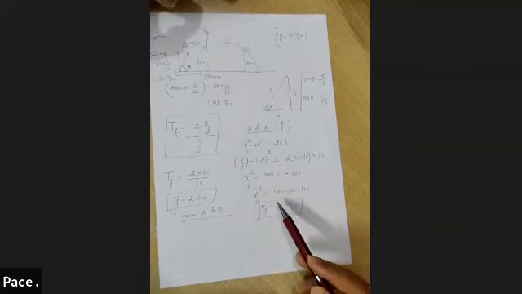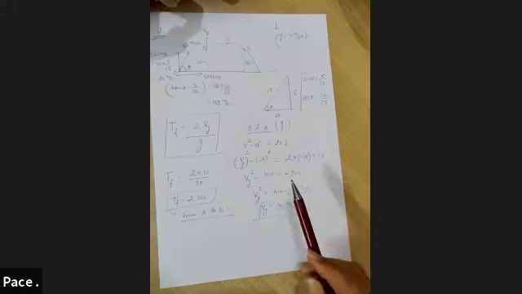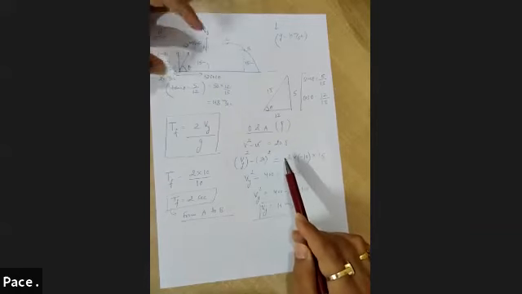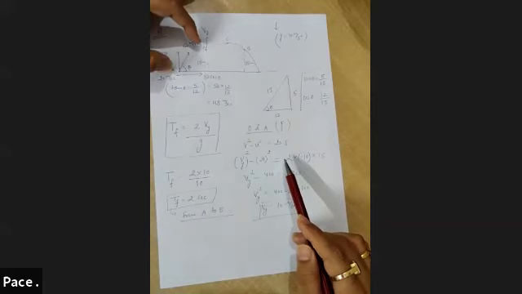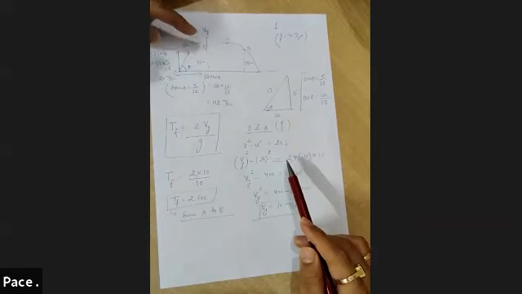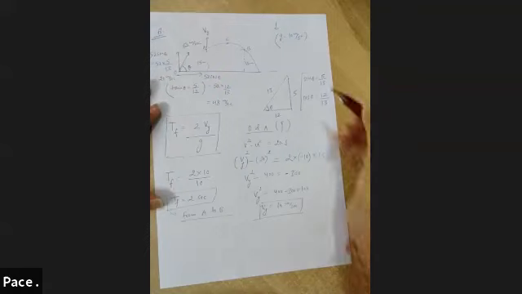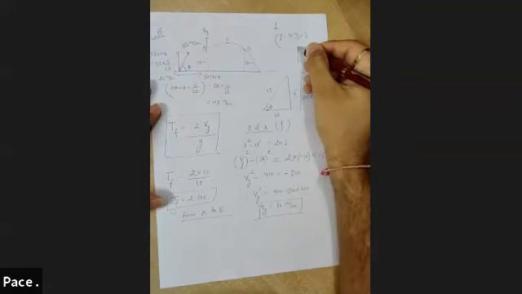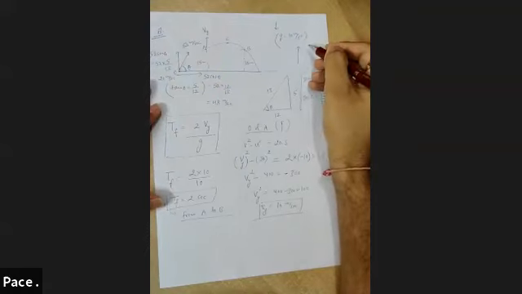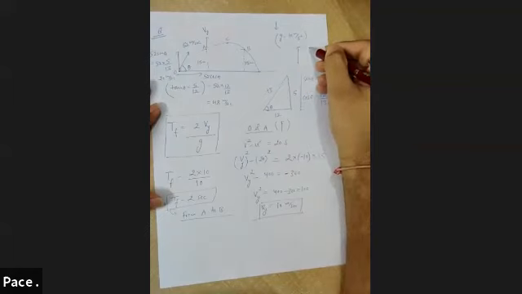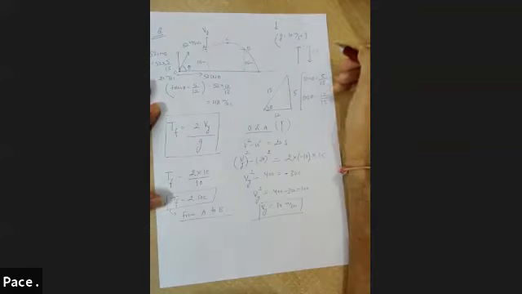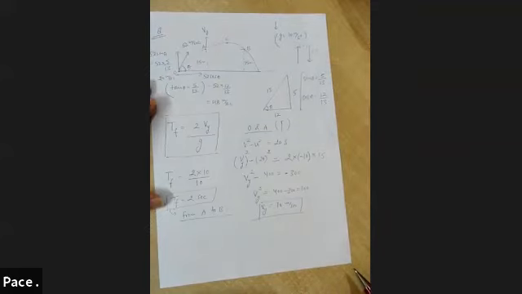I have used this one by applying v square minus u square is equal to 2as between points O and A. We want to find out the vertical velocity at point A. Why did I take minus 10? Because acceleration due to gravity is in the downward direction. It's a very simple thing. Any physical quantity which is in the upward direction, we take as positive, and all the physical quantities which are in the downward direction, we take as negative. These are the sign conventions which we have to follow.